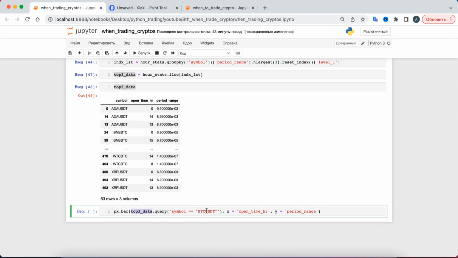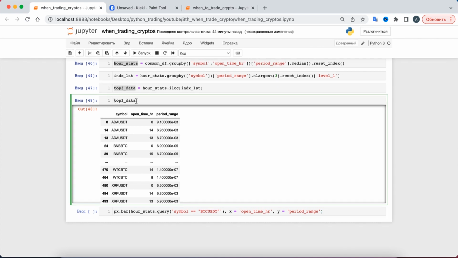I want to show you information only about BTC USDT. Okay, before I show you the data with the 3 top hours of volatility per asset, I will show you some data about Bitcoin